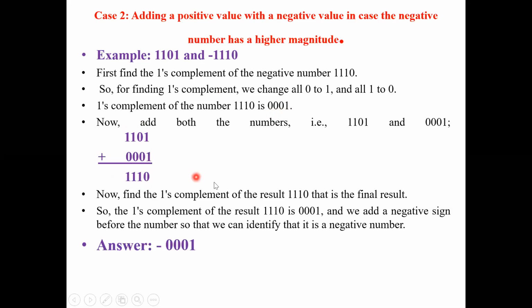Here I am not getting any carry. No carry. Yes, ma'am. Okay, so since I am not getting any carry, what I will do, I will find out the ones complement of this number. So it is 0, 0, 0, 1. Yes, and then I will put a negative sign. If you don't put the negative sign, just write this and you have to say it's a negative number. Both ways you can, but you have to put it nicely. Otherwise, examiner को लगेगा answer is 0, 0, 0, 1. Okay. Bracket. हाँ.